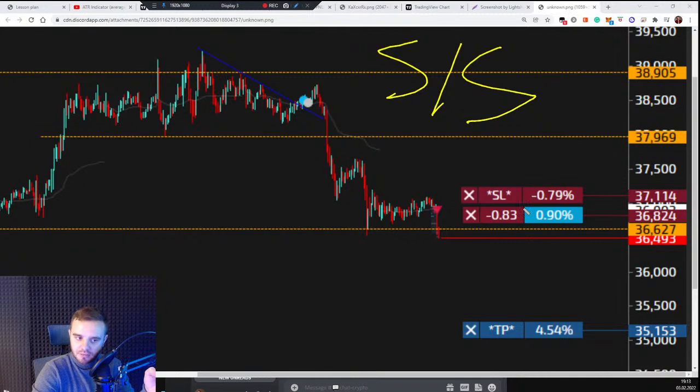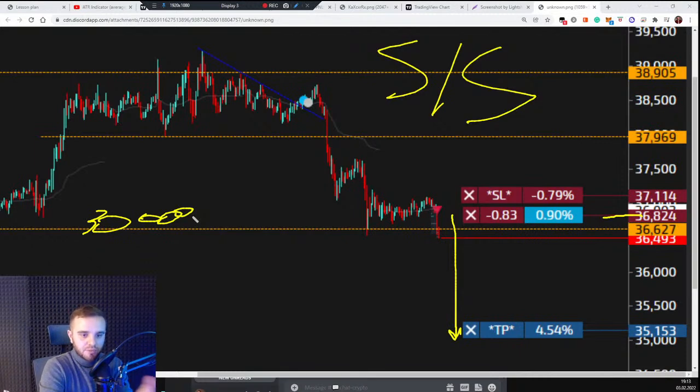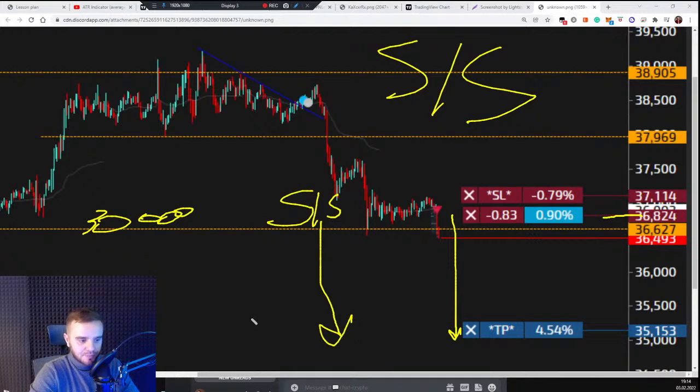When I did short sell, that means, for example, I borrowed 0.83 Bitcoins at 36,824 and sold it. When I make money, if price goes down, then by our agreement with Binance, I should buy back my position to close it. When I open short sell, to close it, I buy back. And when I buy back cheaper,